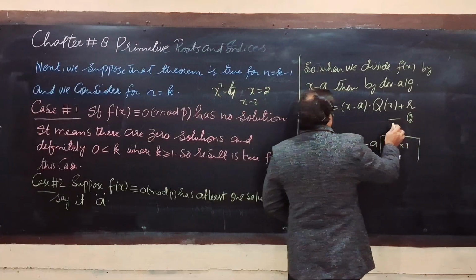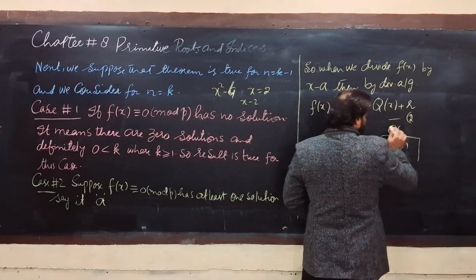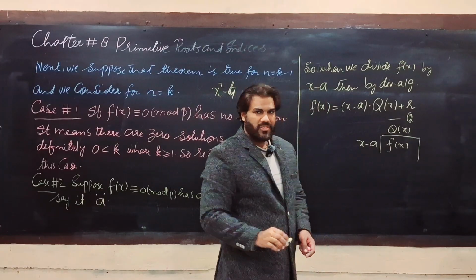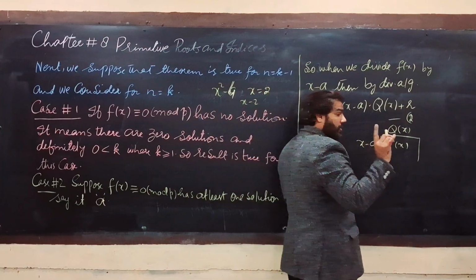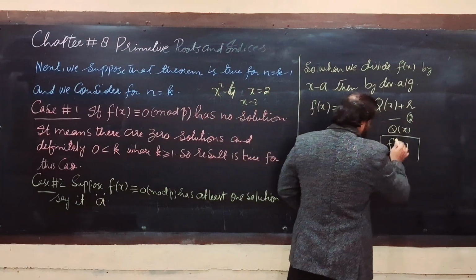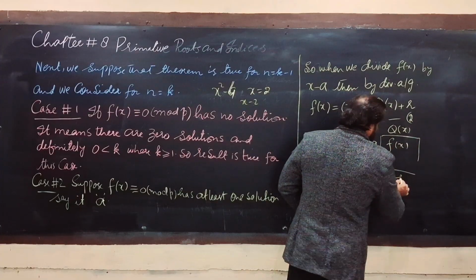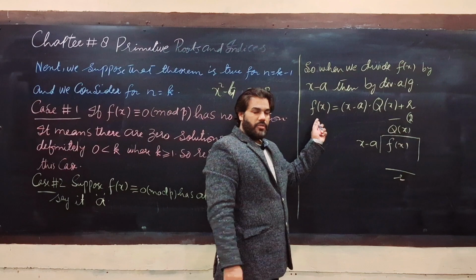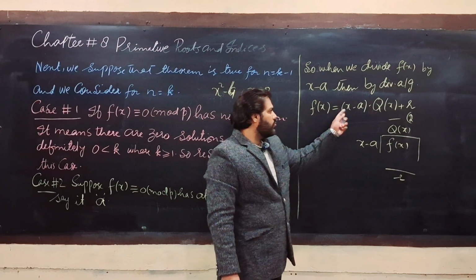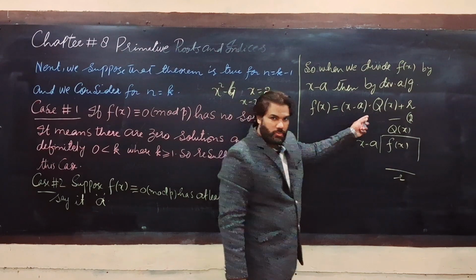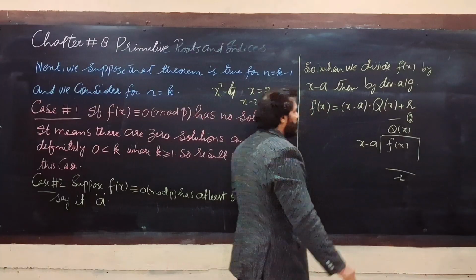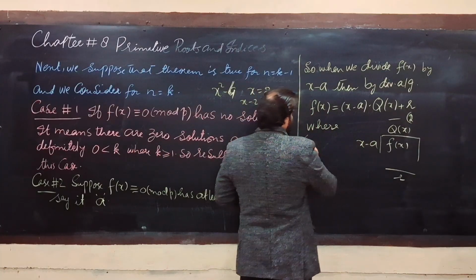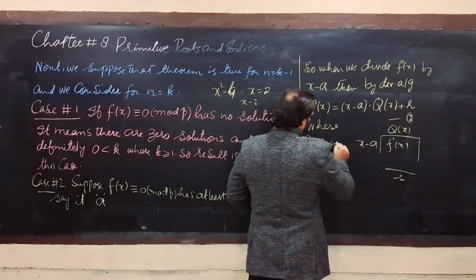There will be some quotient q of x, and this quotient is some polynomial with integral coefficients, and after multiplying this we have some remainder r. So by the division algorithm, this is my dividend f of x equal to some divisor x minus a into some quotient q of x plus remainder r, where q of x is clearly